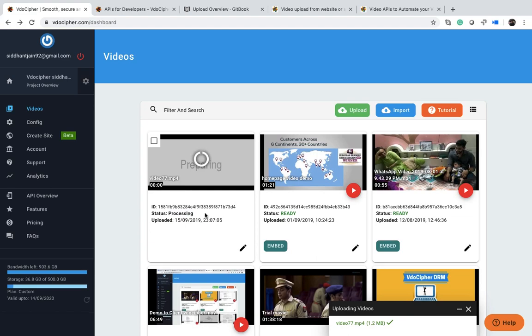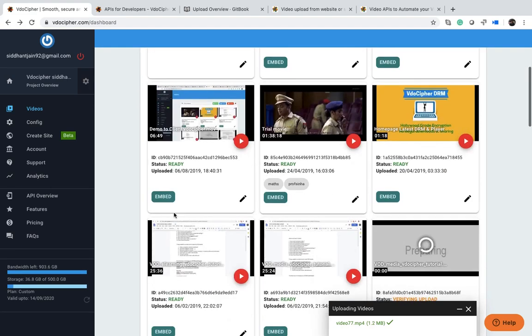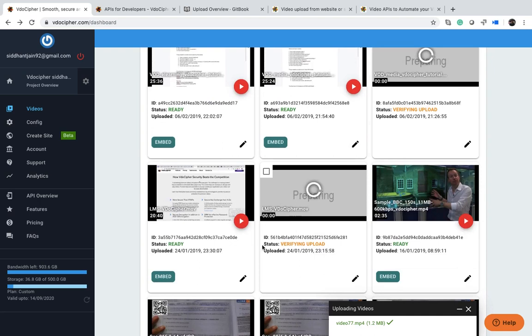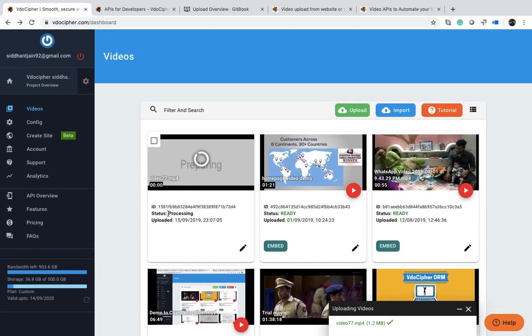If for some reason the status of the video still remains verifying upload for long, then it means the video was not uploaded fully. The reason for this error can be either you clicked somewhere on the tab or refreshed the page, or secondly the internet connection broke down. So please ensure that after around 1 minute of the video being uploaded from your panel, it should show a status of processing.